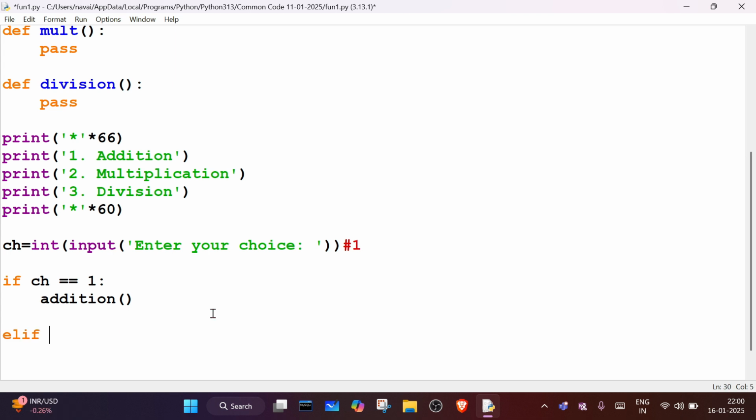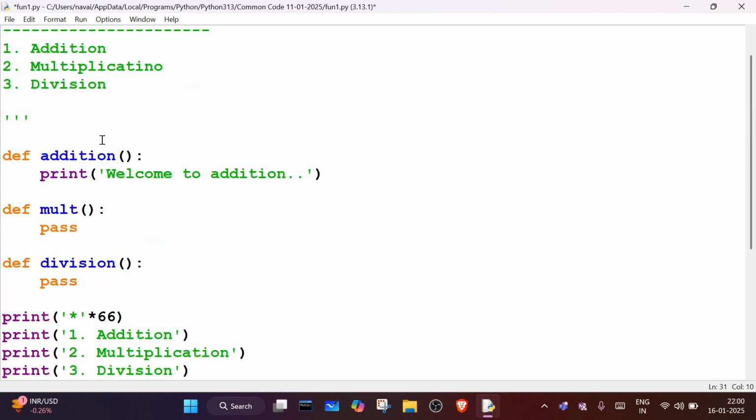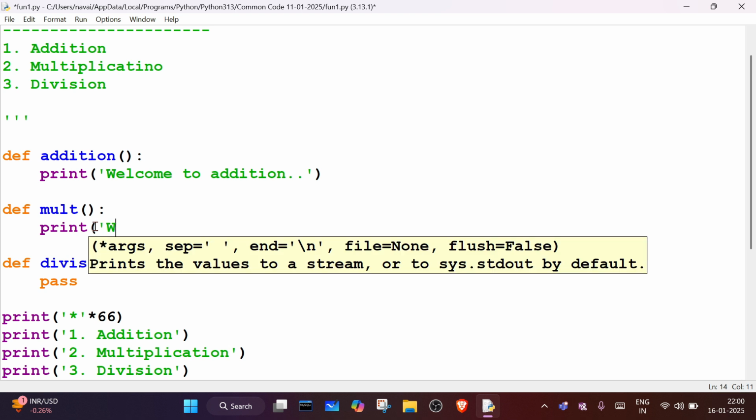We will check if ch is equal to 2, is it true? If it is true, then we will call which function? Mult function. And inside the mult function just write one line of code, print welcome to multiplication function,